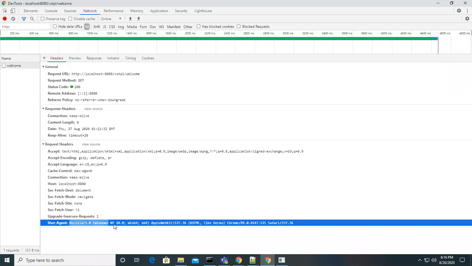User agent means the client information, that is Mozilla 5.0, Windows NT 10, Win64. This is information about your browser, whatever browser you are using. I just want to get this information, guys, so let's look for that method.